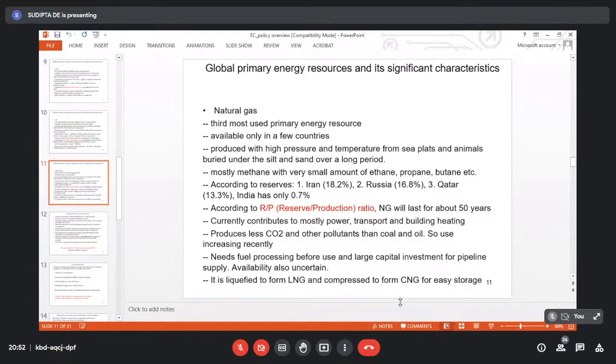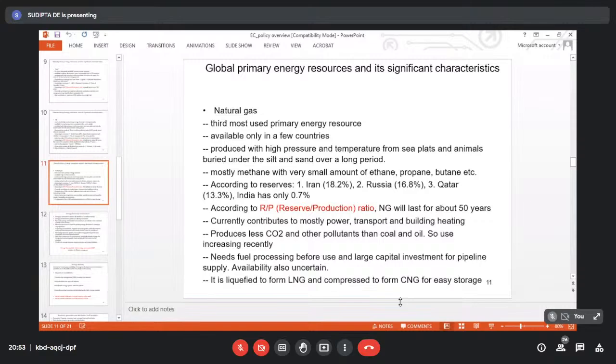So natural gas based system development is not very feasible in India. Then it also has a lifespan similar to that of oil, of the order of 50 years. So though natural gas is a cleaner fuel with respect to carbon emission, with respect to reserves it is not a very safe fuel. Coal has almost double the life according to the current R/P ratio. But natural gas and oil are going to be exhausted in a similar, rather closer time period. So these two fossil fuels, oil and natural gas, have to be replaced by alternative options.